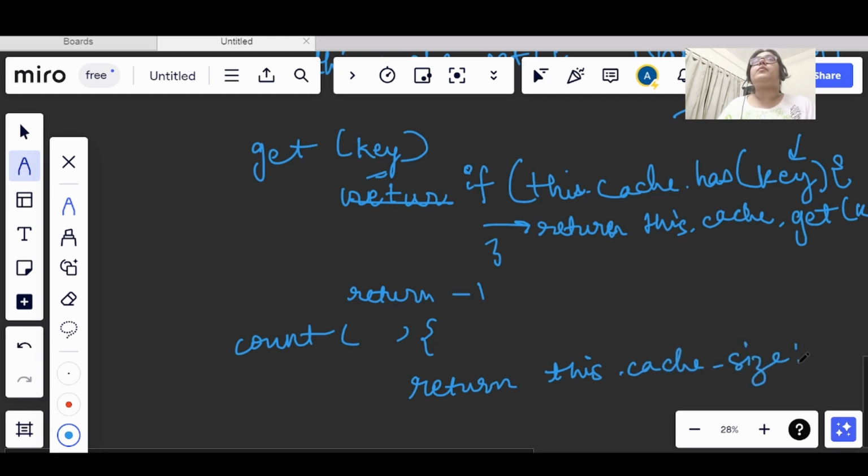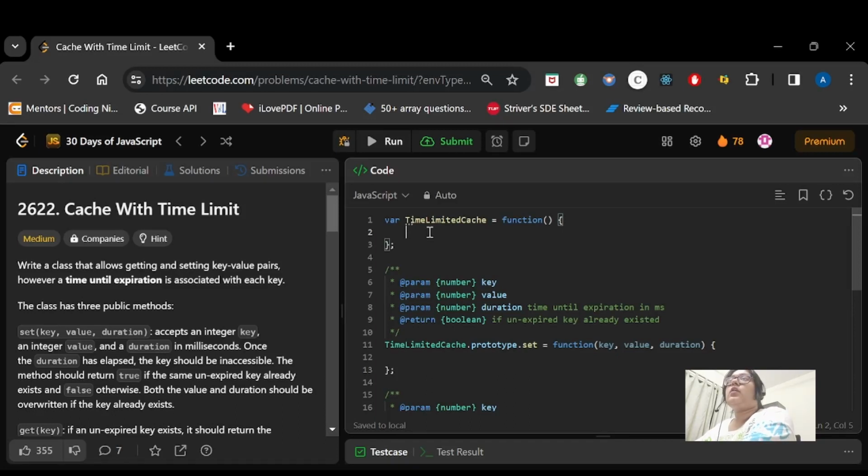Now we have the basic idea of what we are supposed to do in the question. Let's move on to the code, so whatever little doubts are there will be cleared with that. So let's see the code now. We will declare a global map and name it cache, and this is how we will create the map.